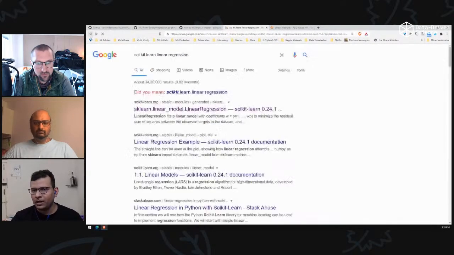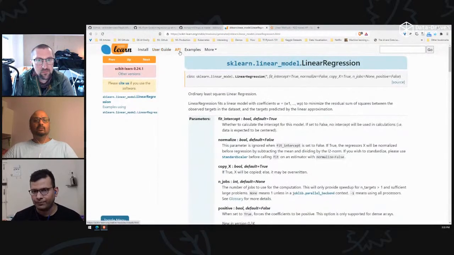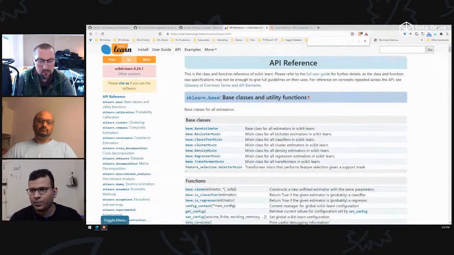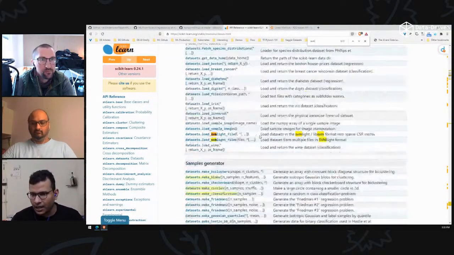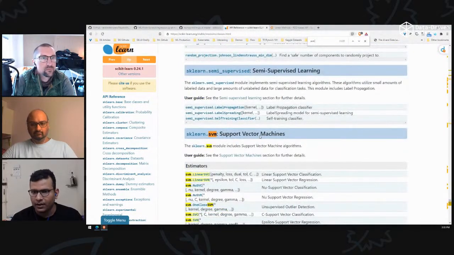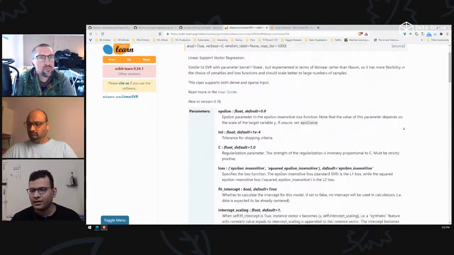One of the more popular algorithms is not just linear regression, it is SVM. So let's go to the API of Scikit-Learn and let's just open SVM. SVM algorithm is something I am still mastering, so just a second. Okay, so linear SVM, but linear regression. This is the algorithm which I will open. Compared to linear regression, check how many parameters we have here.